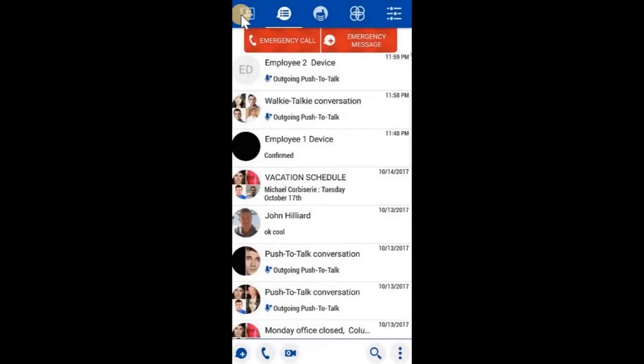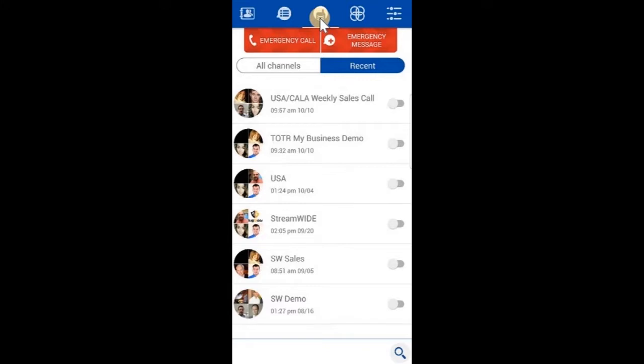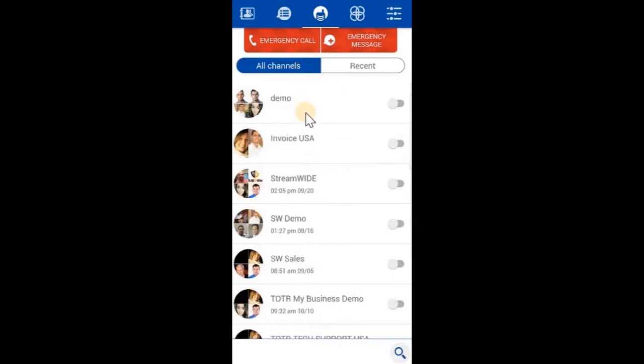The last way to use Push-to-Talk on a Team on Run mobile application is via the Team on Run Push-to-Talk Channels tab. Inside the Channels tab, you will see a list of channels that you are set in by your main administrator. In this case, if you are a driver, you can log into your USA Drivers channel,